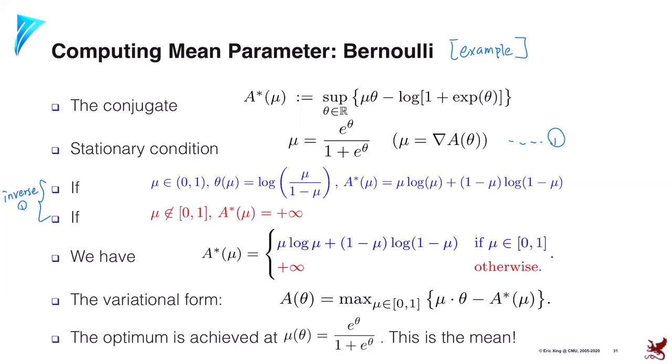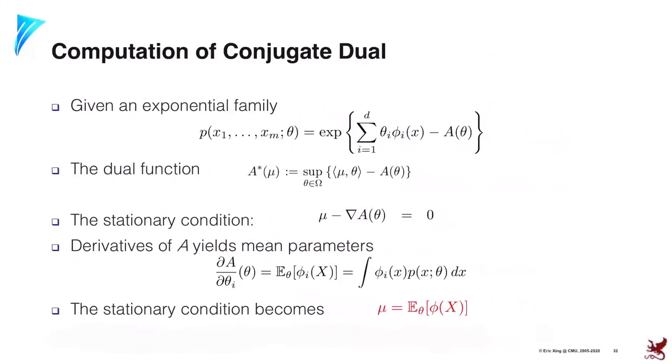So this Bernoulli example is just for the purpose of understanding how we use the variational representation. And in general, the process of the variational representation should be similar to this Bernoulli example. So now assume that we are given the exponential family,